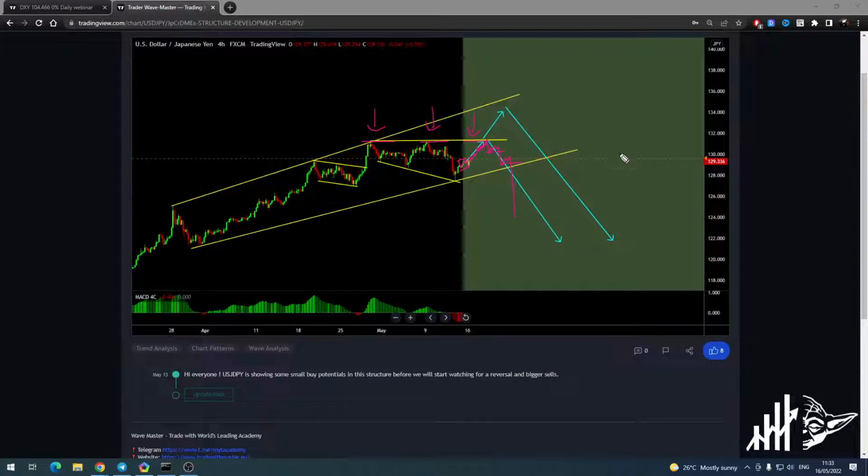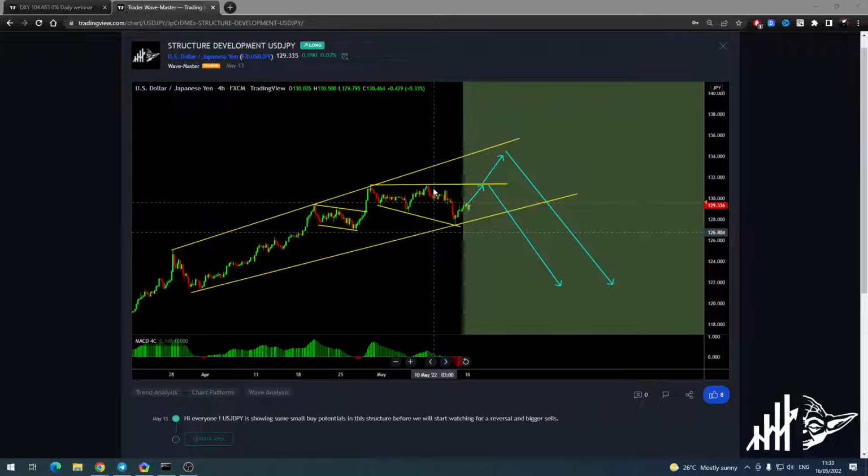Selling on yen is what I really recommend, and you can miss the buy. The buy is not that important. It's a medium-term or a day trade, let's say, but you aren't going to make much money because this could just struggle. It could go really slowly. So that's up to you. If you want to take it, you can.